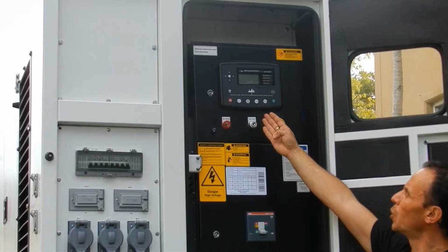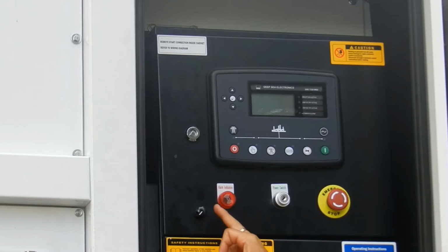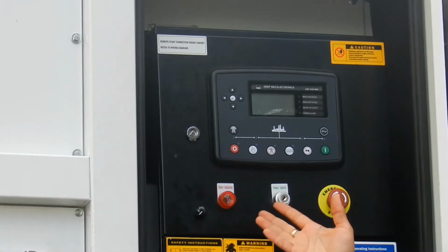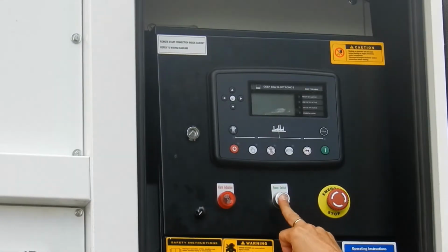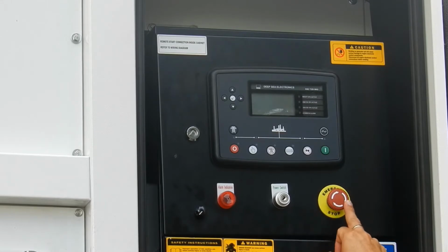The unit is controlled by a Deepsea controller 7320 MK2, the most advanced of the 7000 series controllers from Deepsea. At the bottom of it, we have a voltage adjustment potentiometer that will allow you to do the fine-tuning every time you switch the unit from 480 down to 208 or 240 120 single phase. We have a sound and visual alarm for any common alarm, either electrical or mechanical failures. We have an on-off switch in this case, and as a standard we use a toggle switch on every single one of our units. Finally, we have the emergency stop at the bottom of the